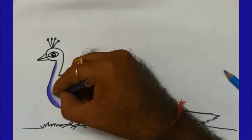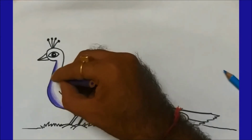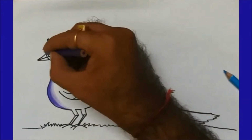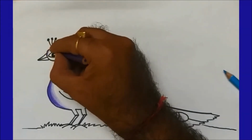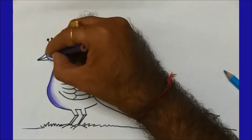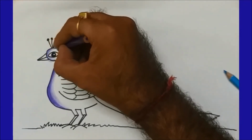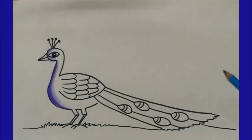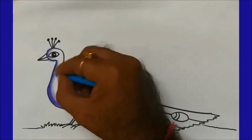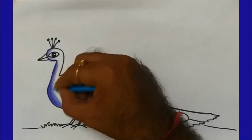Now do the light tone. First you need to take it dark and then slowly turn it into light. Same thing here on the head. First dark and then light portions come inside. Now I'm taking sky blue color, fill inside with sky blue color,